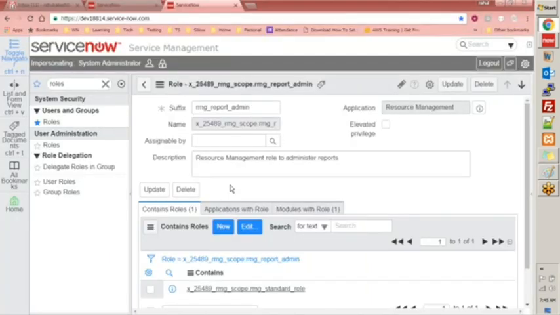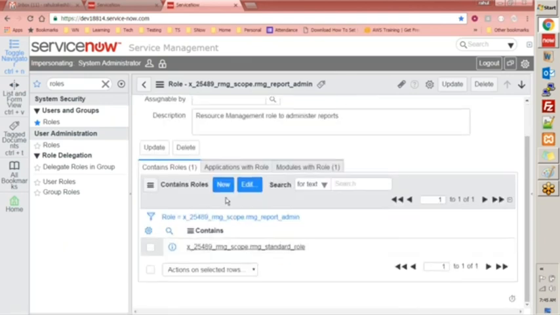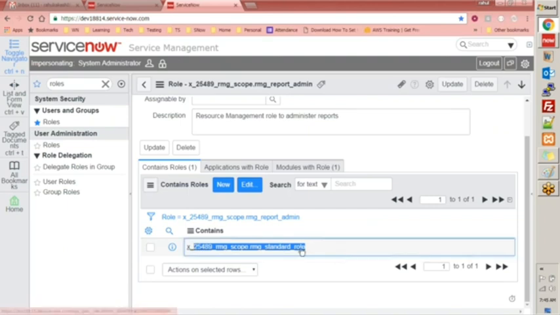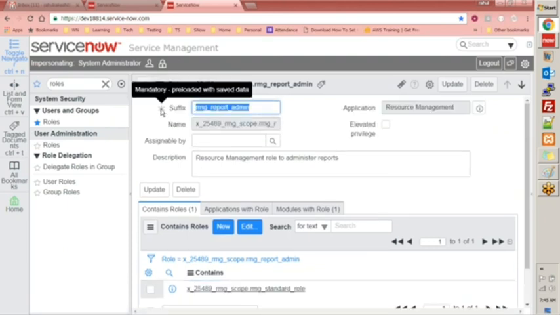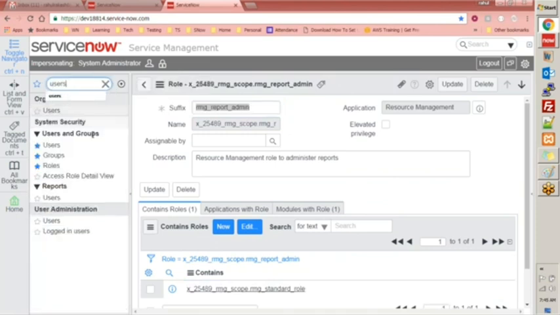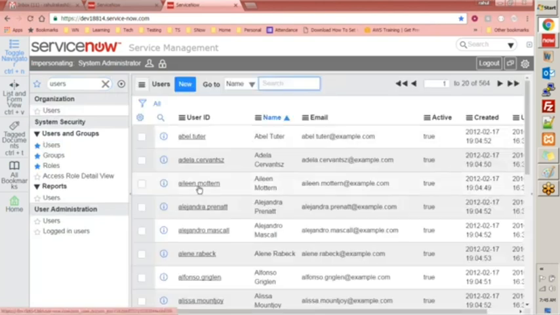So let's see what we have done here. Within the RMG report admin, I included this RMG standard role, and having this standard role will bring the standard features that you have within the application to the proper user who has access to this RMG report admin role. Alright. Now this role I associated to a user, and the username is Eileen Morton, right? So let's go back and